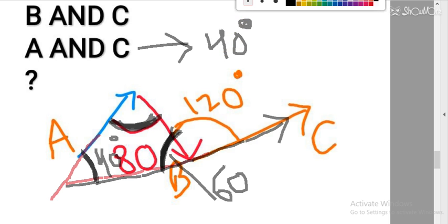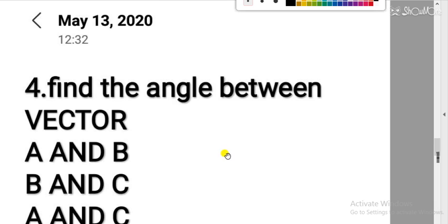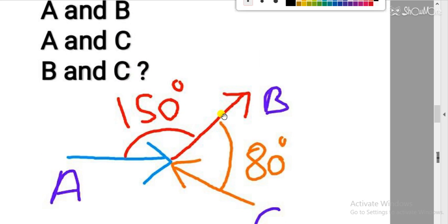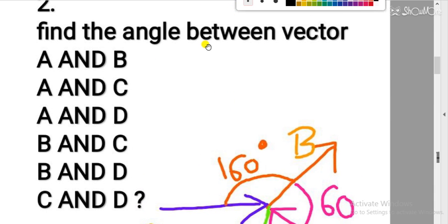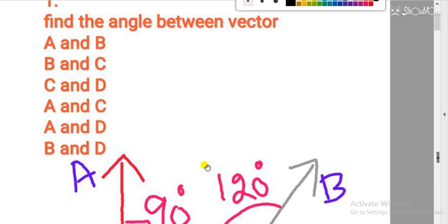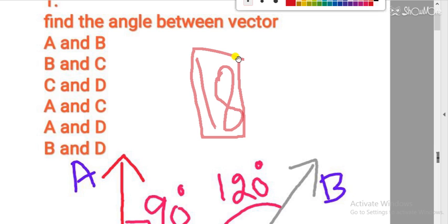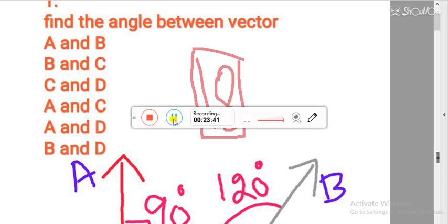I hope the 4 questions are clear to you. Basically, these are not only 4 questions, we have covered many questions. As you can see, 3 options are available, 3 questions here. So 3 plus 3 is 6, 6 plus 6 plus 6 is 18. We have covered approximately 18 questions here because the question is not about one angle between 2 vectors. We have covered them in 23 minutes. You can see the timer here. So 23 to 24 minutes we have covered.